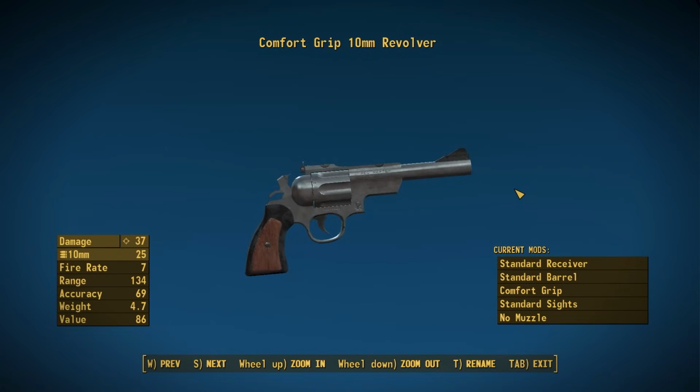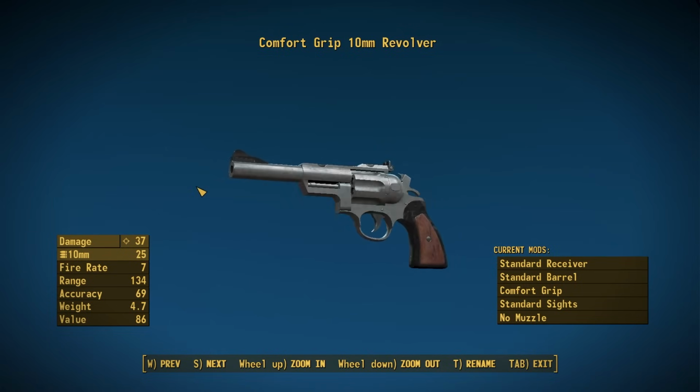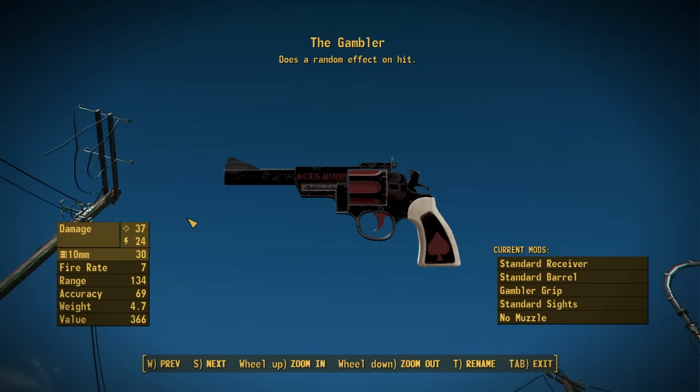Pretty cool stuff. Nice looking little revolver here. I think the stainless steel looks pretty good. Very different from some of the mods I've been making recently. Now, as mentioned, there is one unique in this mod, and that is going to be the Gambler,